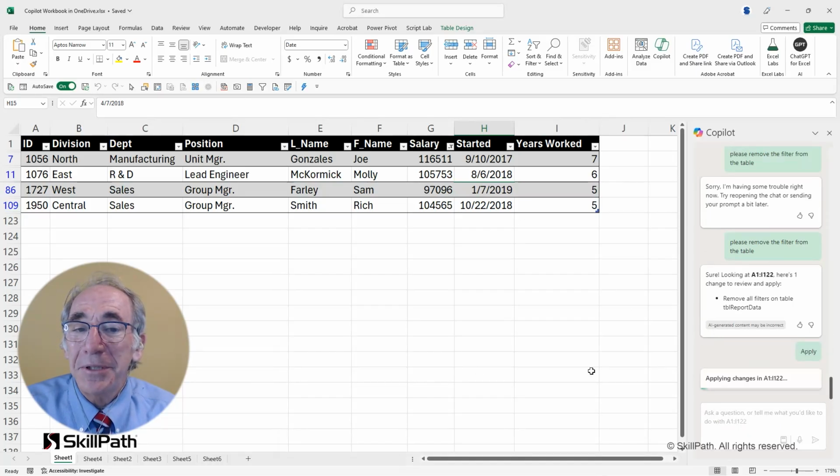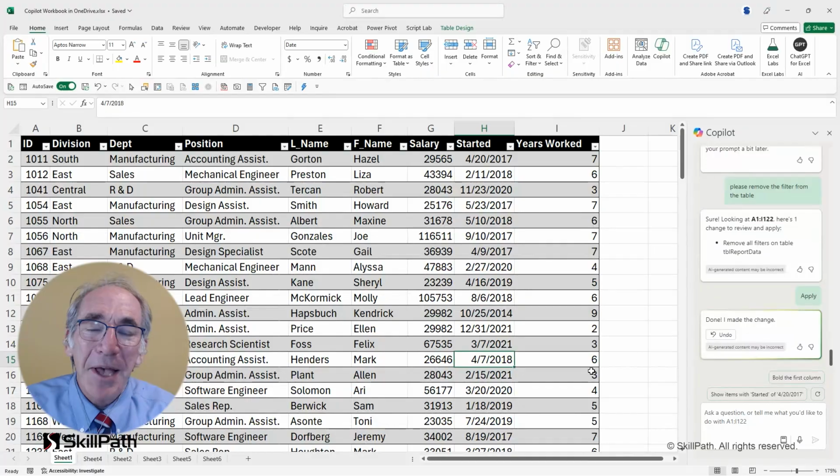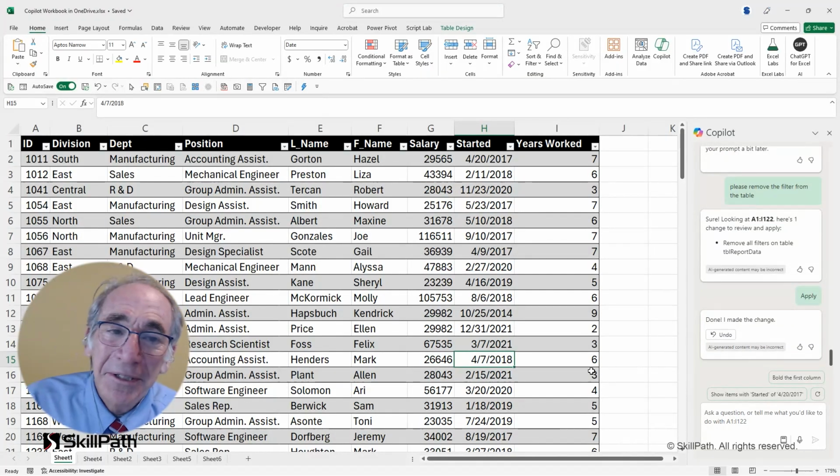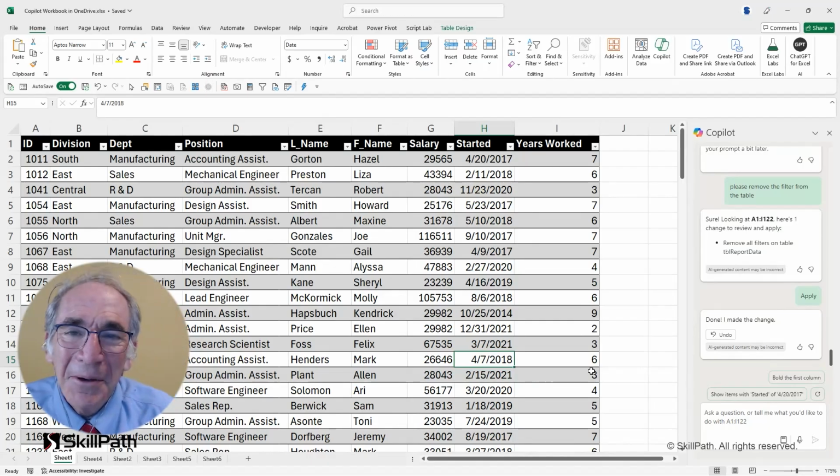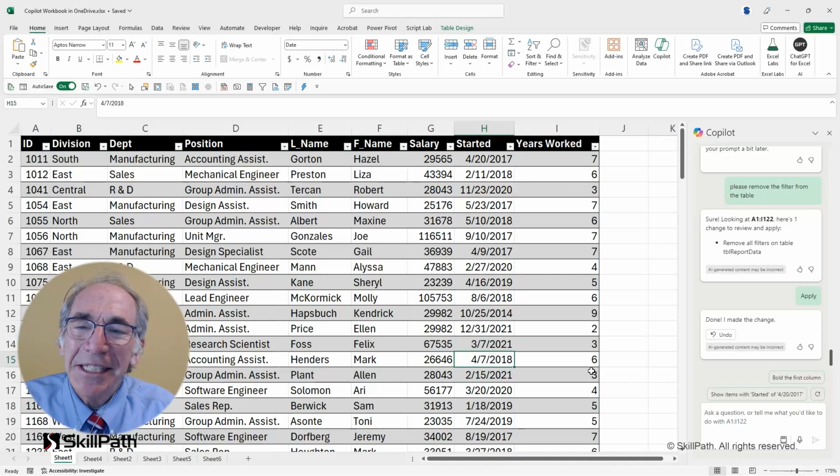But now when I click apply, suddenly it puts back what I needed to. And honest to goodness, it's the same command from, well, maybe a couple of minutes ago. But yet it didn't work the first time. It works the second time. Stay tuned for more improvements, developments in the Copilot engine for Microsoft Excel. It is triggered by you pressing the Copilot button on the ribbon at the top of the screen, and the benefits, the features of it continue to expand.